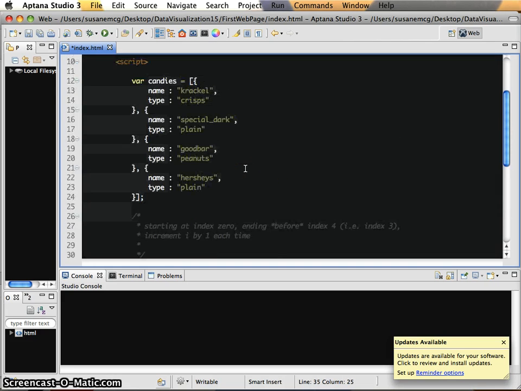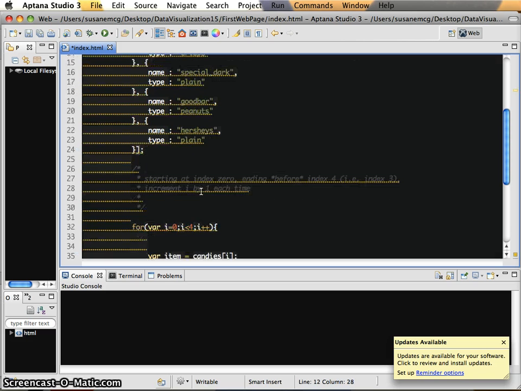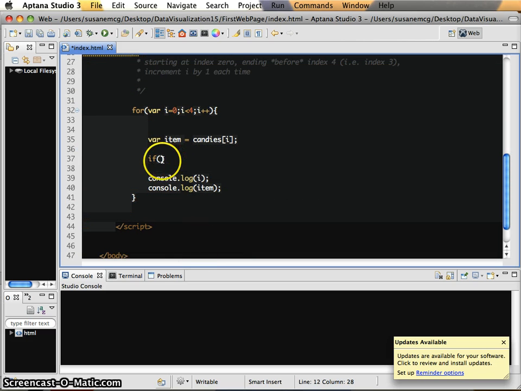And because it's an object, I know that I can access the properties of that object by using a dot. So I can say item dot, right? And because item in the first case, the 0th case, is going to point here, I can say, look, item dot type, and it should return crisps, right? And that's great. So I'm going to say if